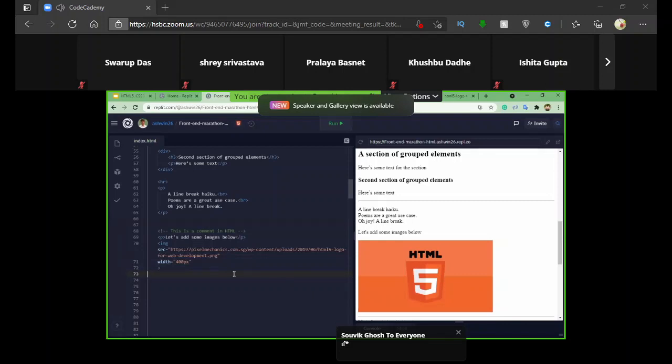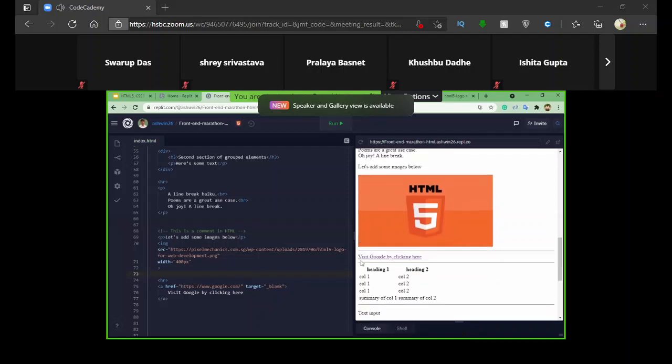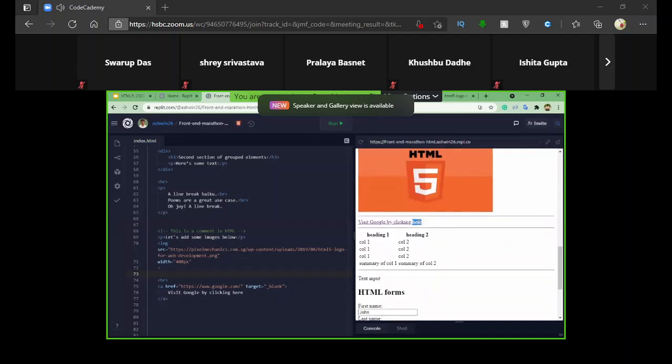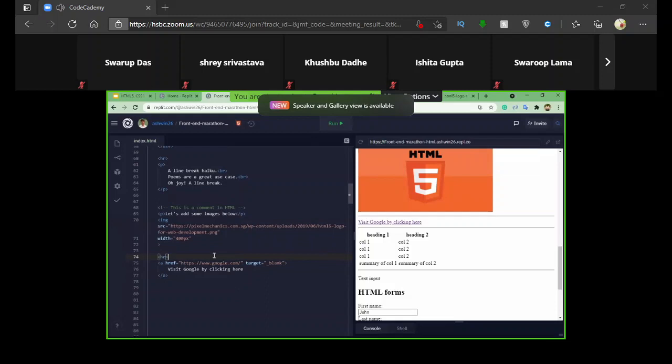Moving on, now we have anchor tags. HTML stands for hypertext, as we discussed. There are lots of links present in any popular websites, let's say Amazon, Netflix. Each and every website like that has a lot of links provided. We provide these links through the tag called the anchor tag.